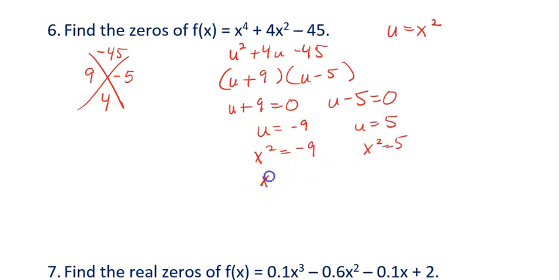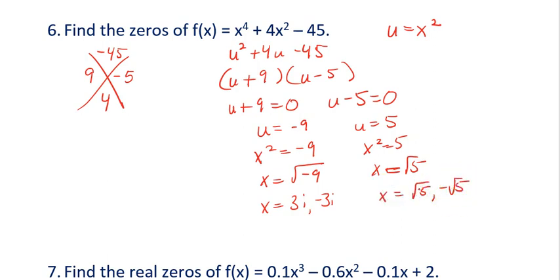Here, if I take the square root, I get 3i and negative 3i. Here, if I take the square root, I have to look at that as the positive and negative. So I have the positive square root of 5 and the negative square root of 5. So I have 4 answers. 2 of them are real, 2 of them are imaginary, but I do have 4 answers, and that matches the